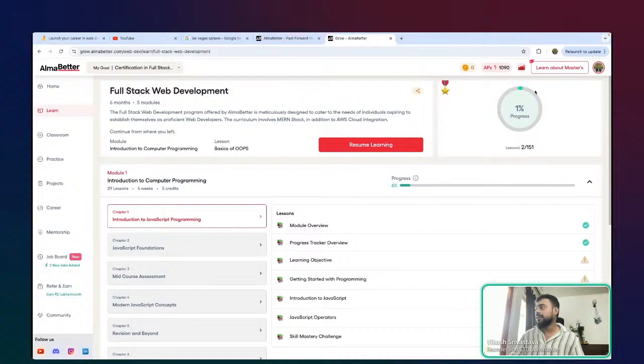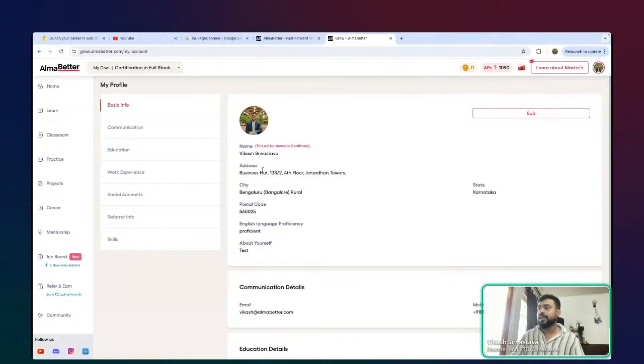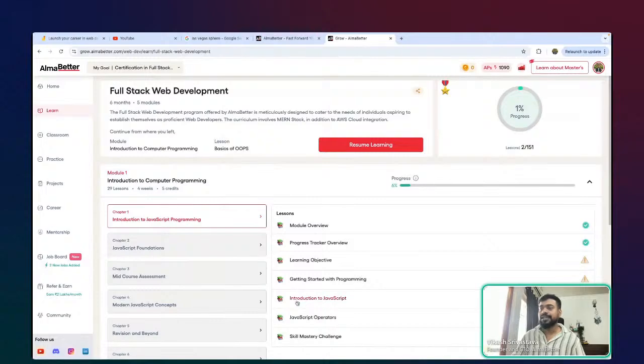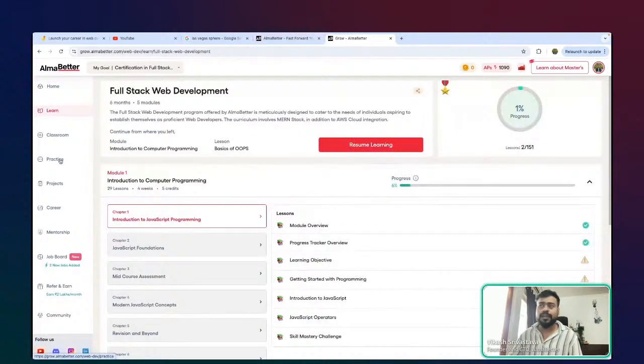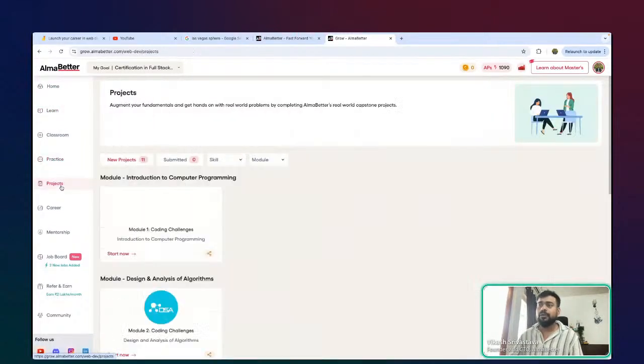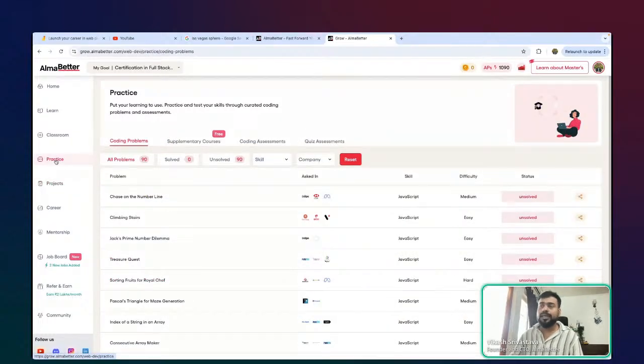But now here the interesting thing is, as someone who has published this application, someone who is managing, monitoring and developing this application, I know that this person named Vikash at almabetter.com is the one who went and completed a particular lesson. Of course, how we design these kinds of systems is relatively advanced and complex to imagine as of now. But our objective, when we are trying to really master full stack web development, is to understand two things.